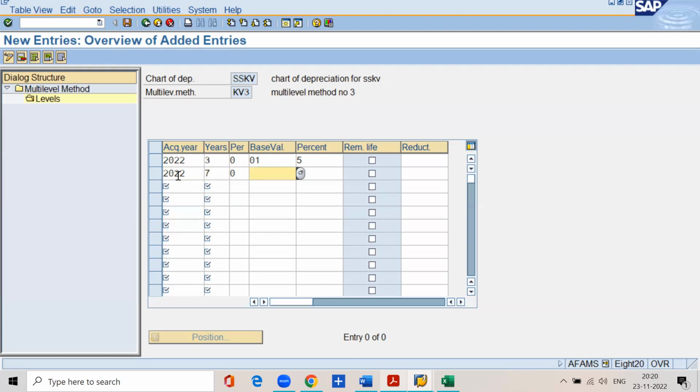Period 0. Second phase, net book return on value method, right? In the return on value method, net book value is the base. So base value is equal to 24, percentage 6. Acquisition year 2022, years 10,